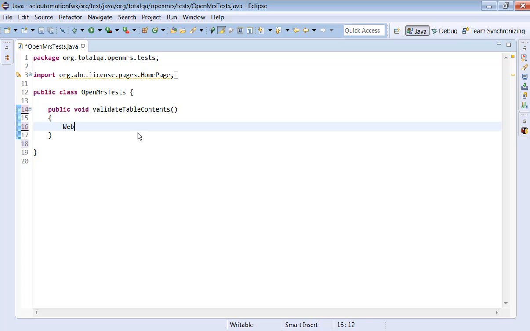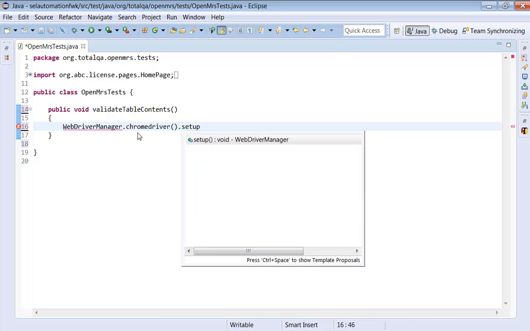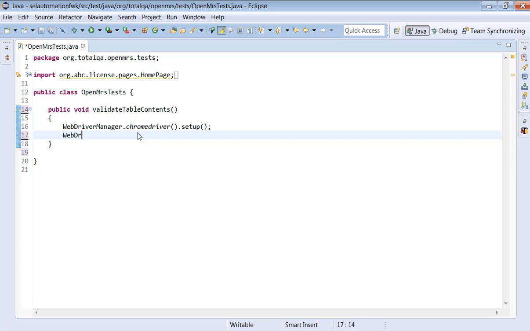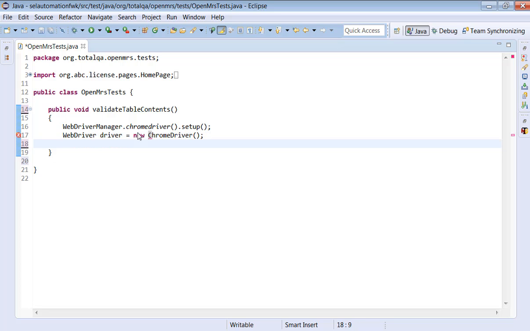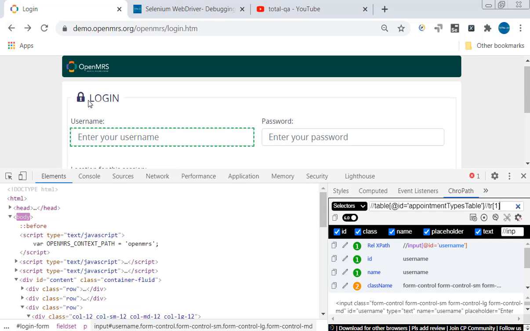So here WebDriverManager dot chromedriver dot setup. Then WebDriver driver equal to new ChromeDriver. After that, driver dot get. We will try to provide the entire URL.